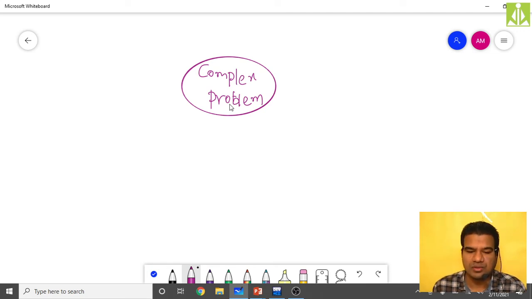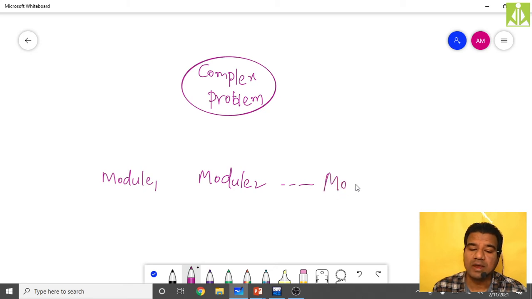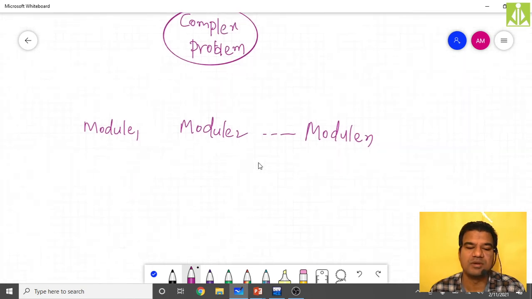So what we have to do is divide this complex problem into some smaller modules, like module 1, module 2, and so on, module n. So n number of modules we are dividing the complex problem into.